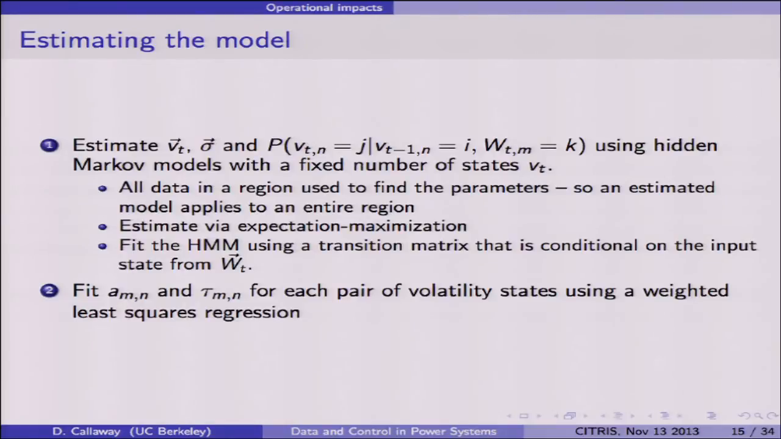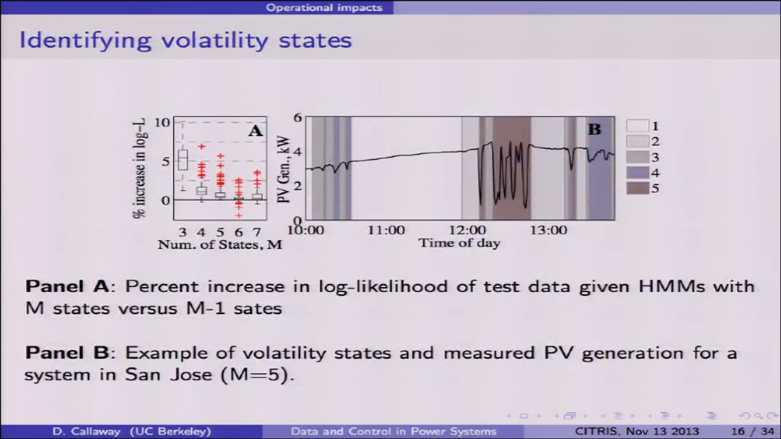But we condition that spatial autocorrelation function on which volatility states each individual system is in. On this figure, I just want you to look at the left plot to give you an idea of how we decided how many states we should have. There was a modeling decision we had to make: should there be 3 volatility states, 4, 5,